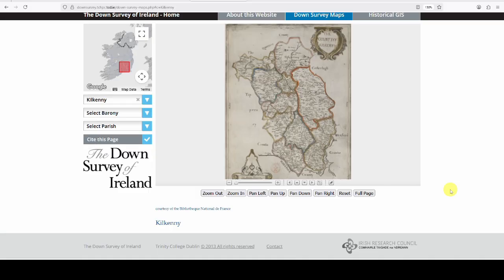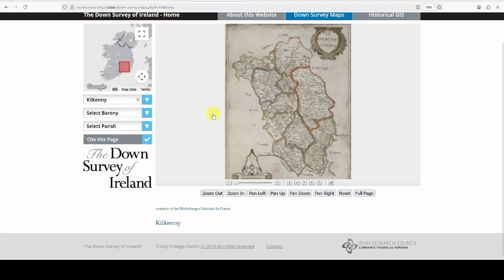Obviously people didn't have aerial imagery to draw maps, so they did it all very old school, which means that the maps aren't up to the same standard as we are used to nowadays, where we do have satellite imagery and all kinds of fancy tools. So the townland boundaries aren't necessarily exact, and they might have also changed because maybe streams were the boundary and the stream's course has changed or something like that. But never mind that. This was a very interesting exercise learning about the geography and the history of County Kilkenny,